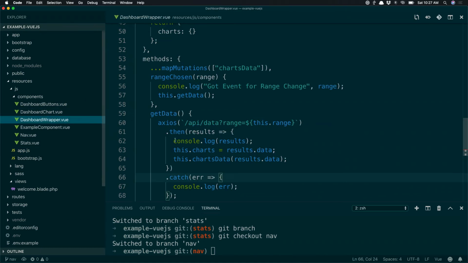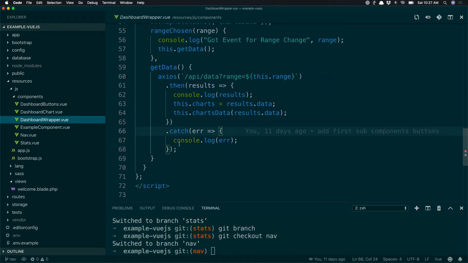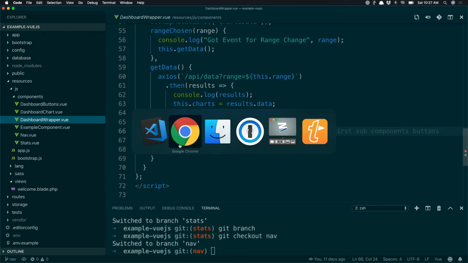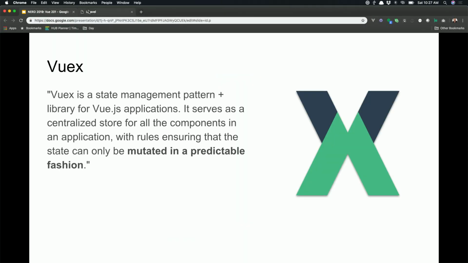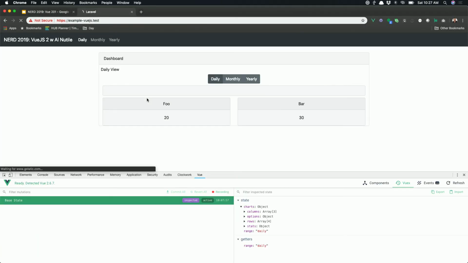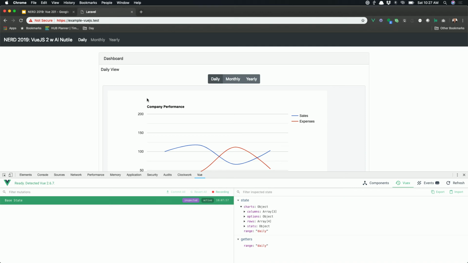And the dashboard's going to use that when it gets data from the back end to set the chart data. So that's going to set data for that chart. And like I said, you know, that's overkill. Why does Vuex need to set this data here when it's inside this wrapper? It's just an example of how I could use it. But more importantly, Vuex came in handy when it went from a nav, an unrelated component, talking to another component.